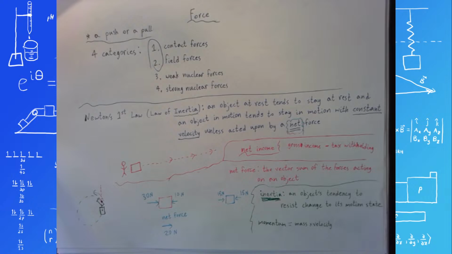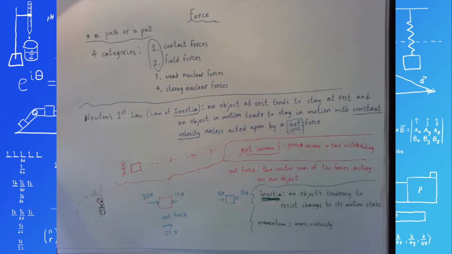The more mass an object has, the more inertia it will have. And we will dig into the role of mass in a little bit once we talk about Newton's second law, but before that, I think we should do a quick review of